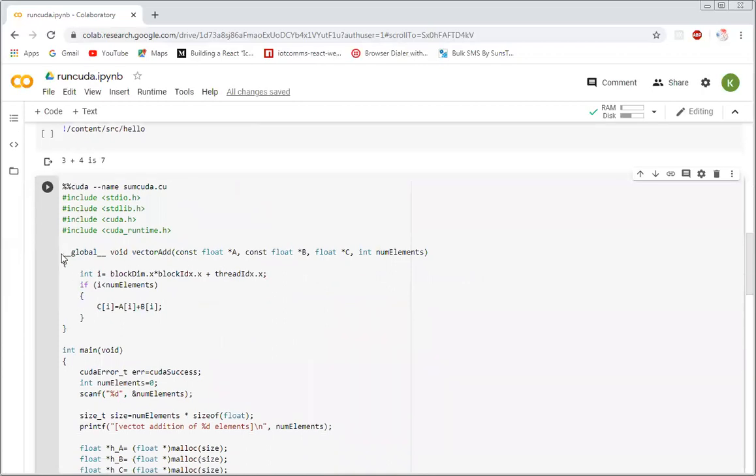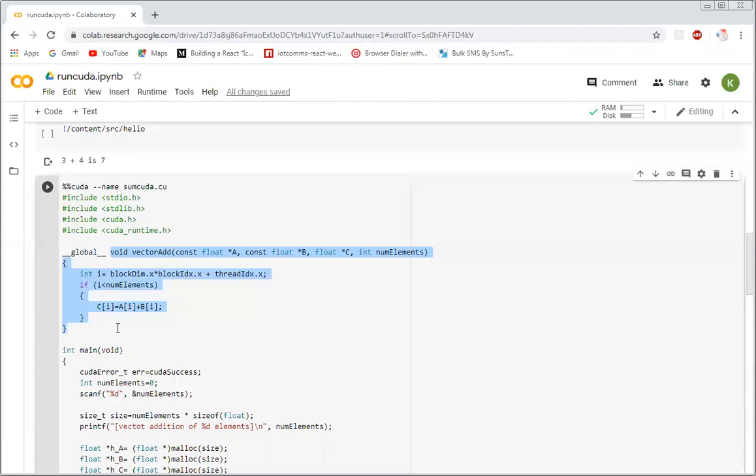In this vector add function, you have to decide on which thread what action you want to perform. This is the function which is to be executed by all the threads. You have already created several threads, maybe more than 100 or 256.